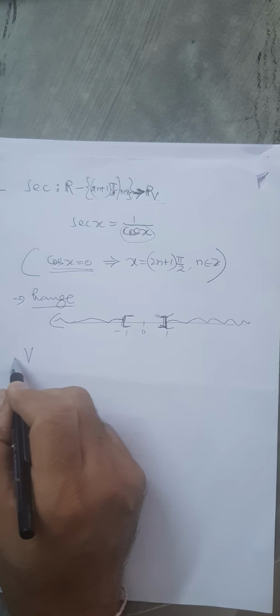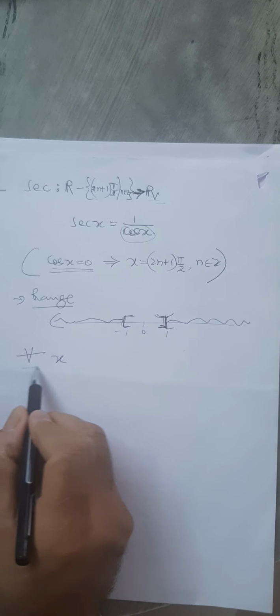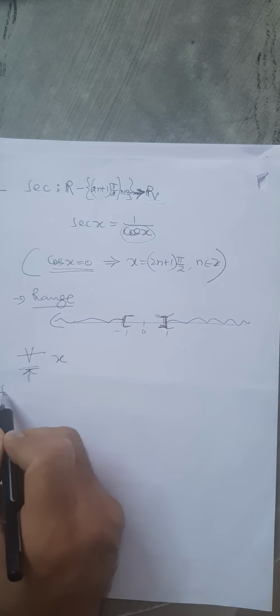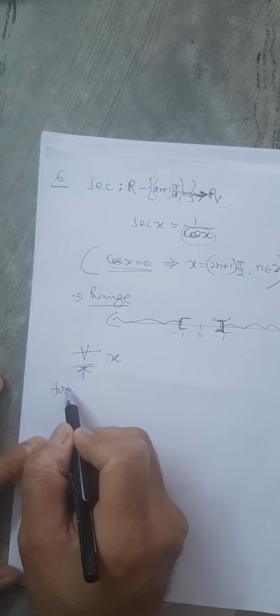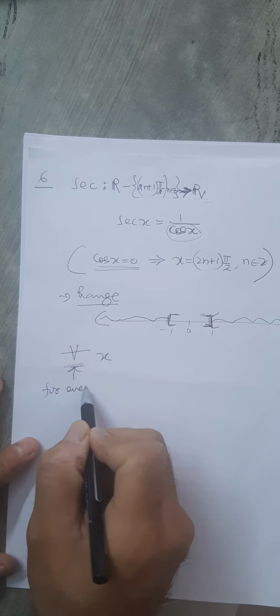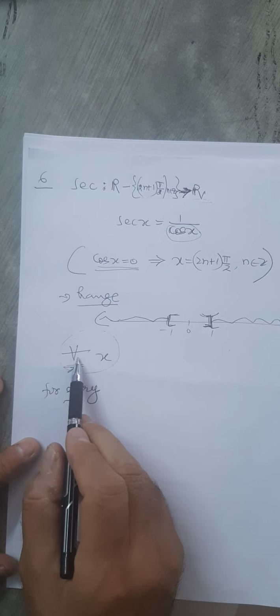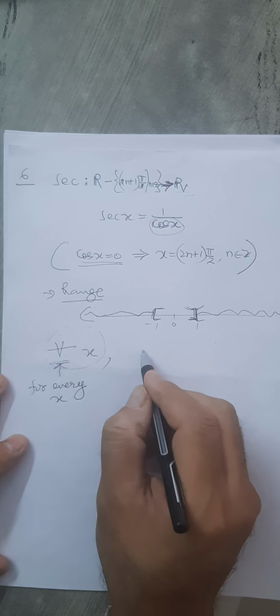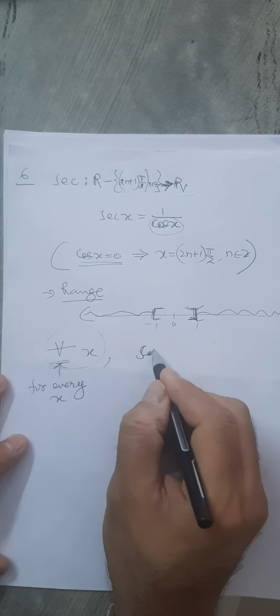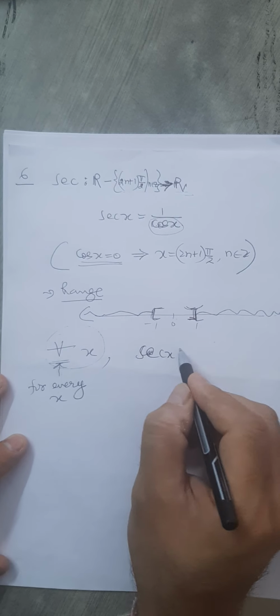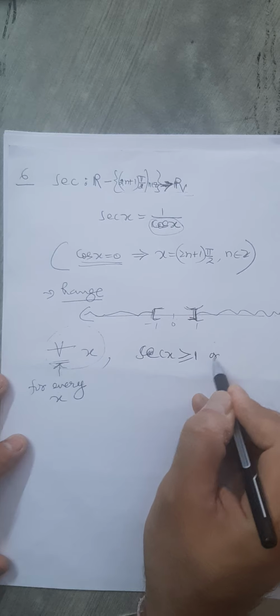So for every x, again I'm telling you, this is read as for every x. How do we read it? For every x. Because sec x is 1 or more than 1, so greater than or equal to 1 or